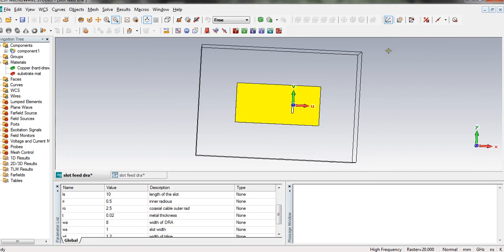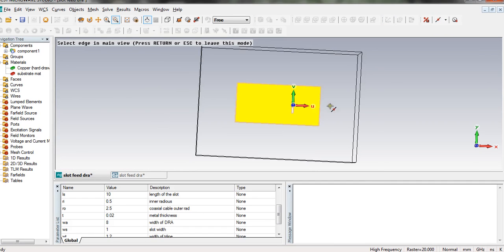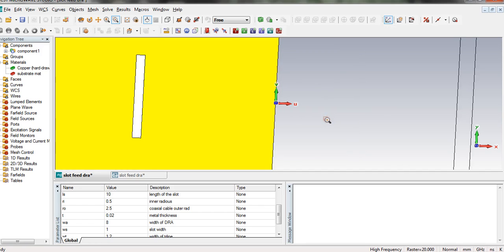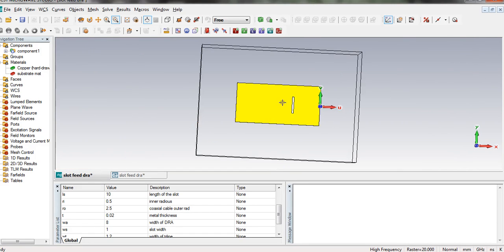Okay, then I will select the edge I want to define. Yes, I will move the WCS, I just pick the edge here and I move the WCS to the midpoint of that selected edge. Then I will move